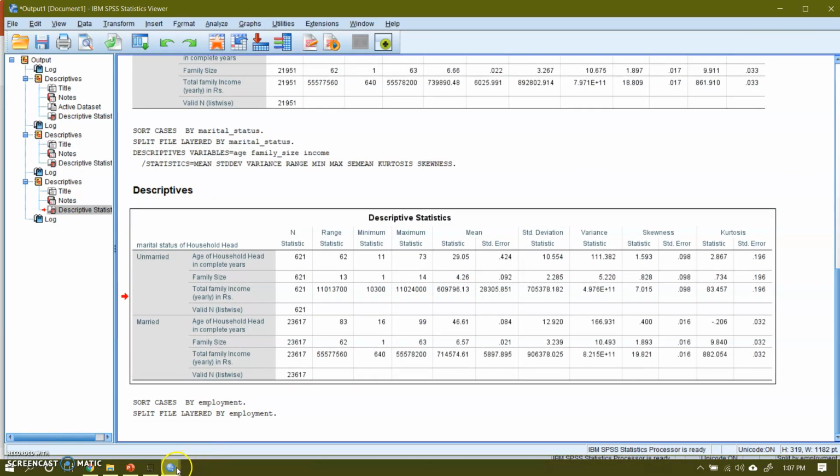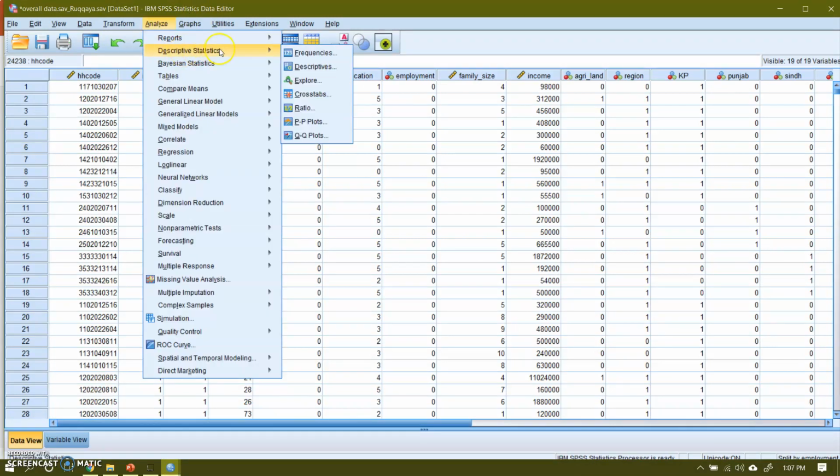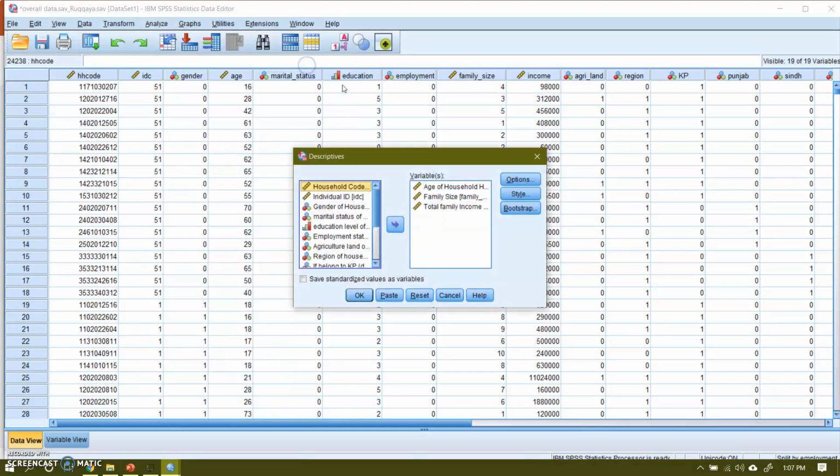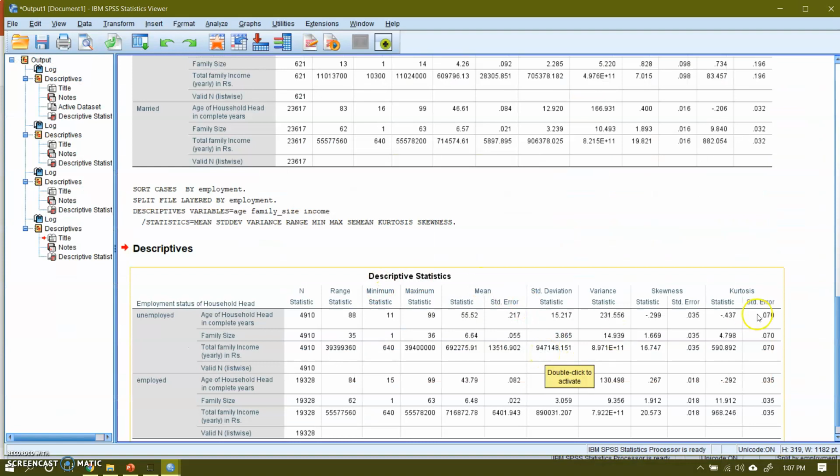Now I go back to the data file, and if I compute descriptive statistics for the same three variables based on employment status, I'll press OK, and now the entire file has been split on the basis of the employment status of the household head. Now this is jobless or unemployed household heads, and below this line are the employed household heads. And we can compare